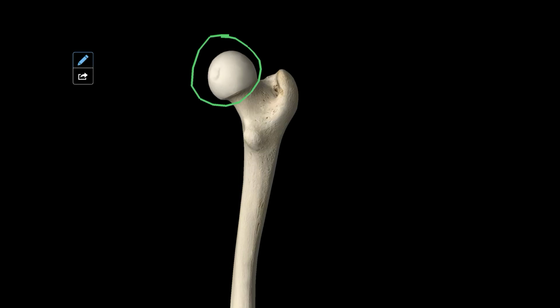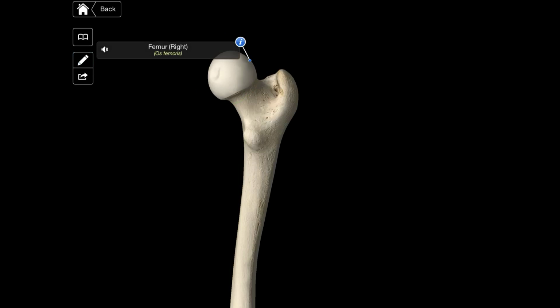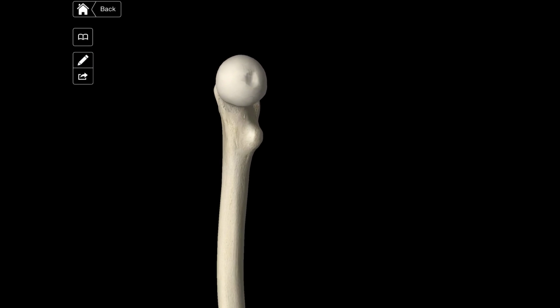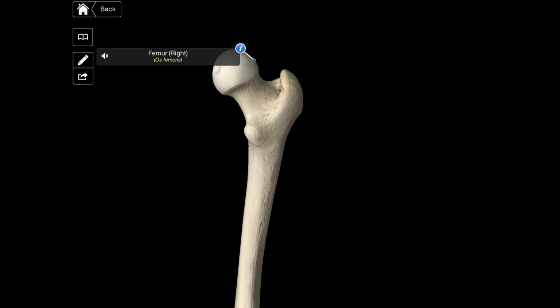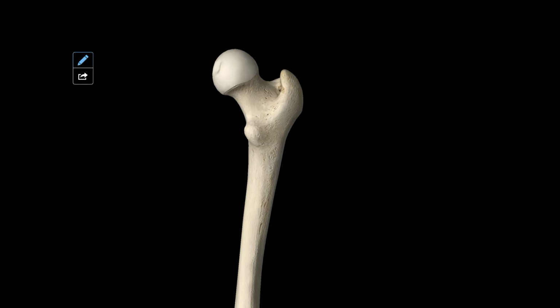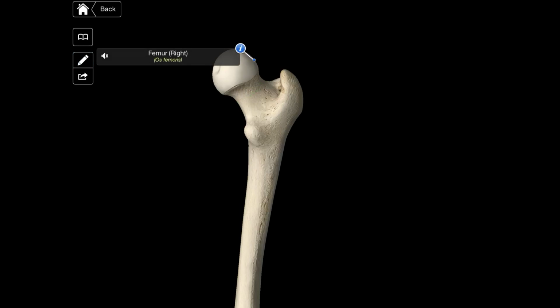And then on that you have the fovea capitis femoris, which you can just see as this notch here. Just see at a better angle there. So just below the head you have the neck of the femur, which is called the collum femoris, which you can just see here. And beside that you have the trochanter major,